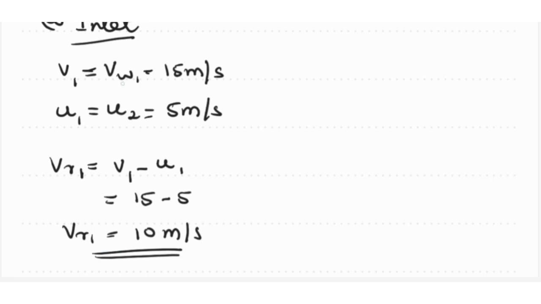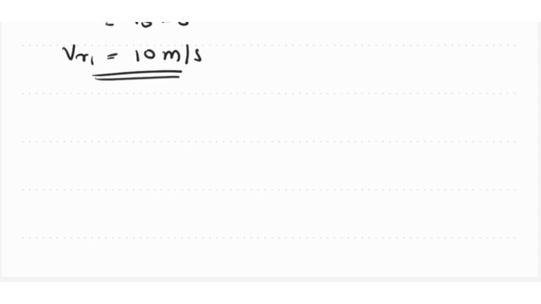So we got here V1, Vw1, U1, Vr1, all the velocity components we have already calculated. So we should move to the outlet part. Very important thing we should calculate here is Vw1 and Vw2. That is used to calculate force exerted, power and efficiency. So we have calculated Vw1. In order to calculate Vw2, we will move to the outlet triangle. So at outlet,